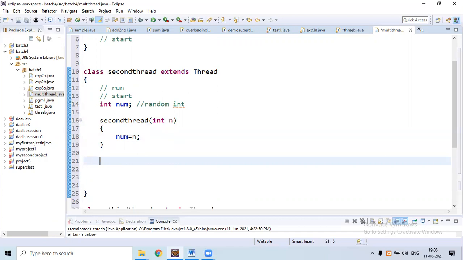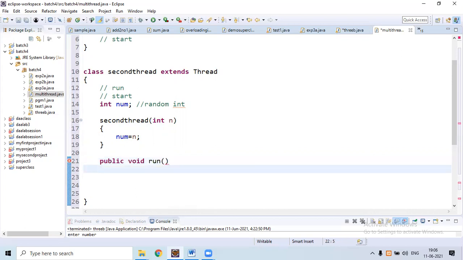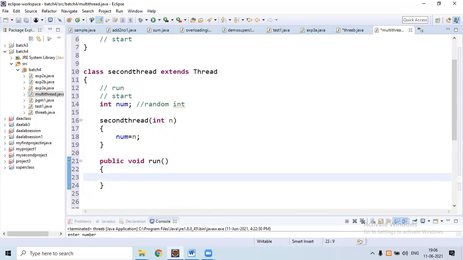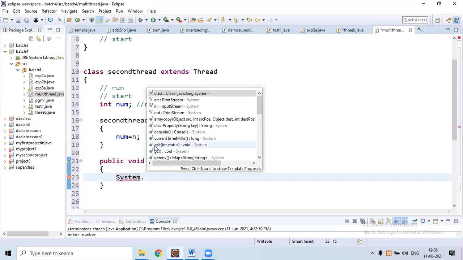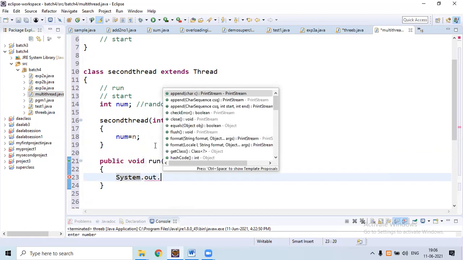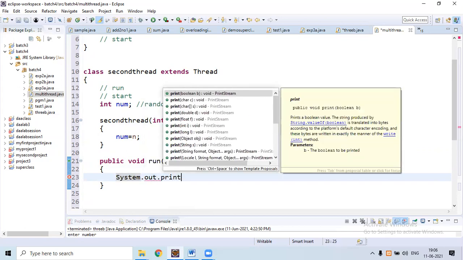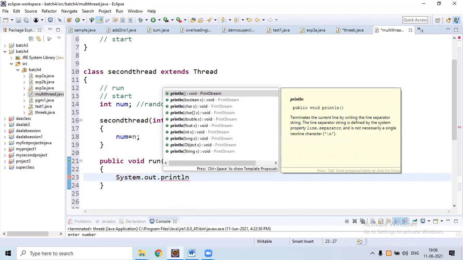So to implement the task, we need to use the run method, public void run. Inside the run method, write system.out.println.